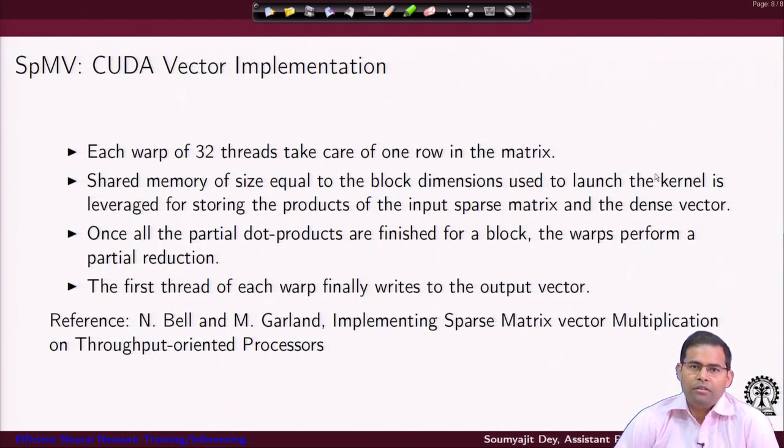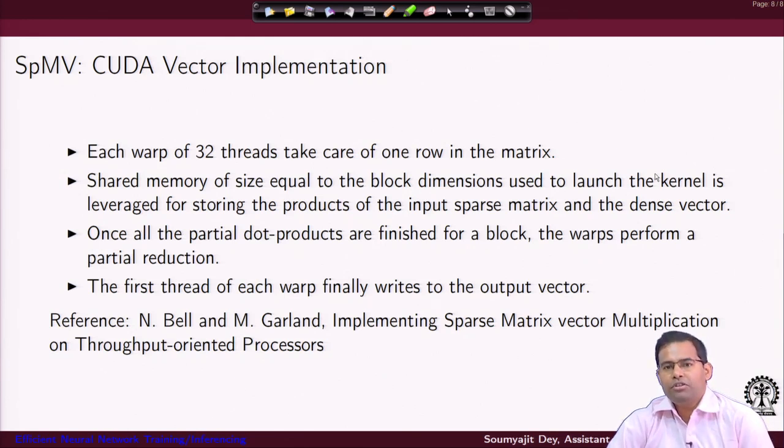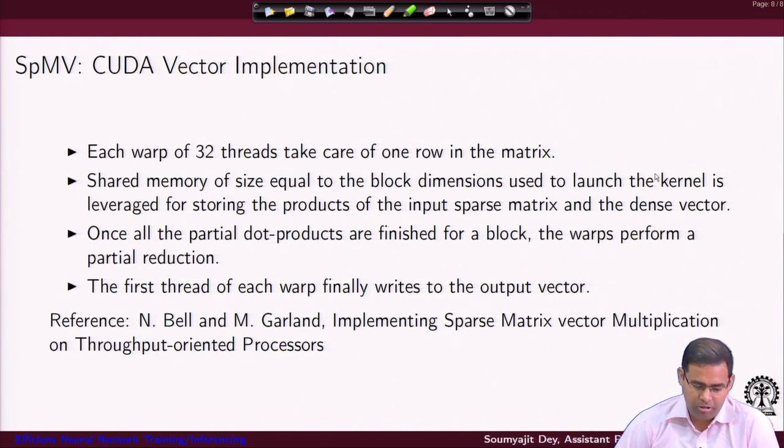So, that many threads will be loading the data to the shared memory in a cooperative way. Then they will be performing partial dot products. Once the partial dot products are performed, the warp with 32 threads will perform a row wise partial reduction. Then again I will bring some more data into the shared memory based tile for the next set of points. Again the warps will perform partial dot products and partial reduction like that.